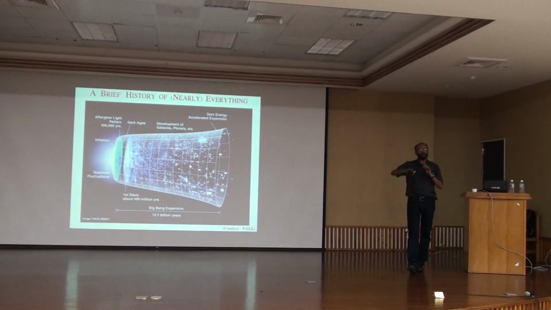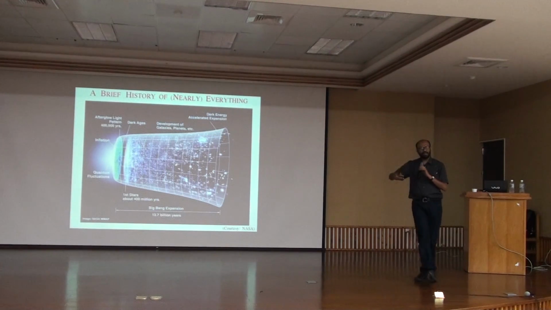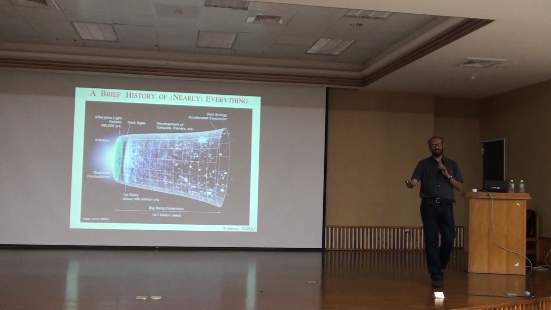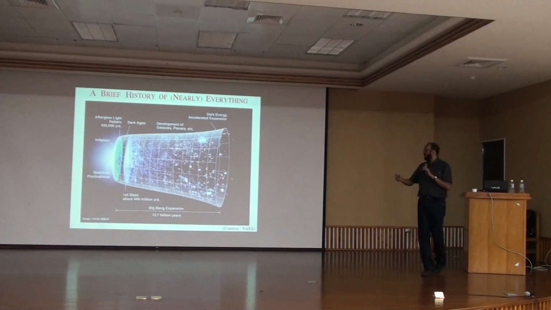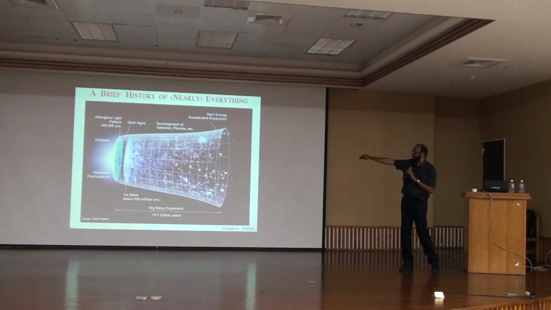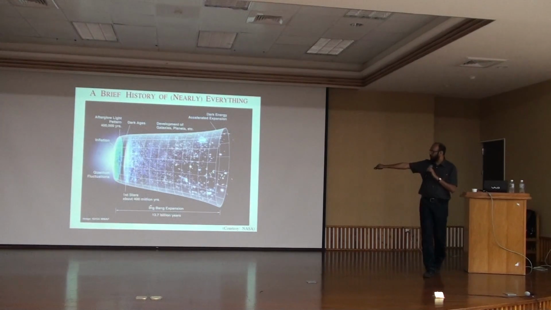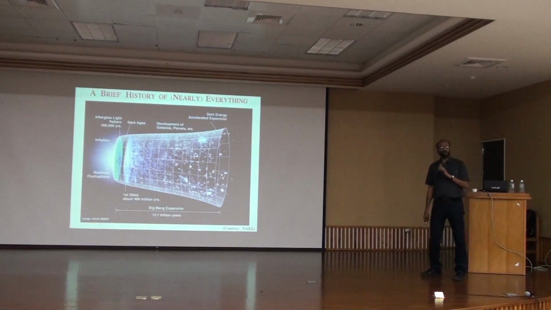So somehow you have to go from this universe, which is lovely and uniform, to a universe today which is full of galaxies. And that process happens very slowly. It happens in this period, in what is called the Dark Ages, and I'll show you what actually happens in a short while. And so about 400 million years after the Big Bang, the first galaxies and stars form.